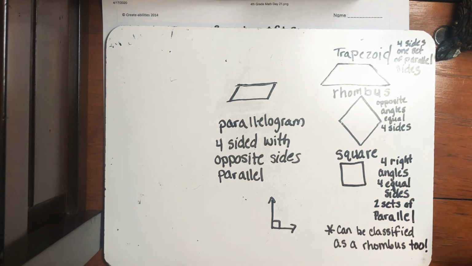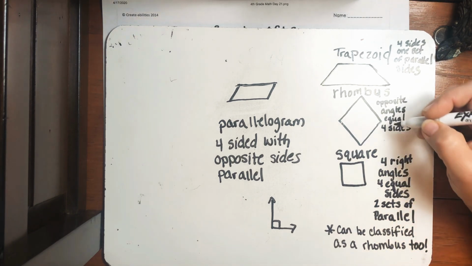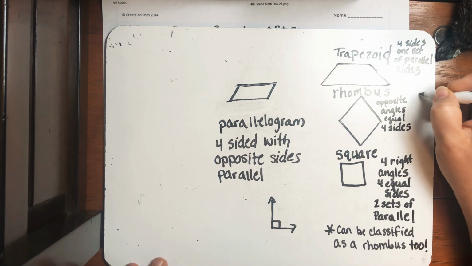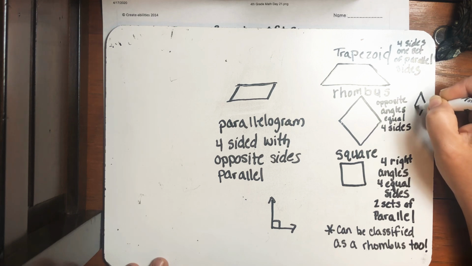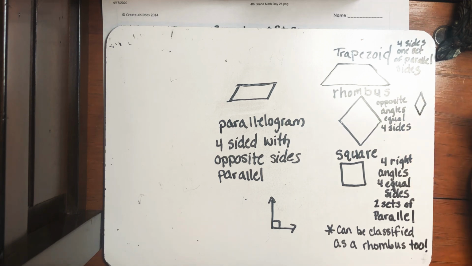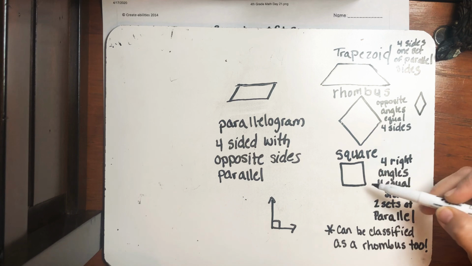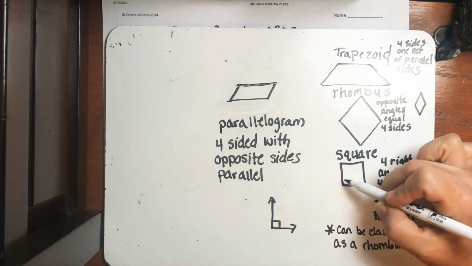I know you're in a video and you can't see it as well, but a rhombus might even look like more of a diamond shape. Like that. And then here's the square. And yes, these are